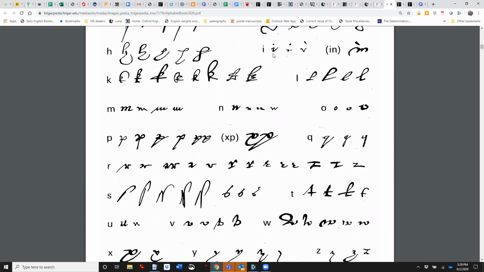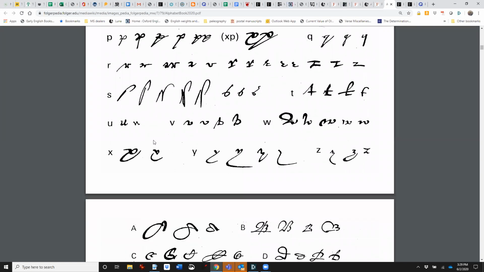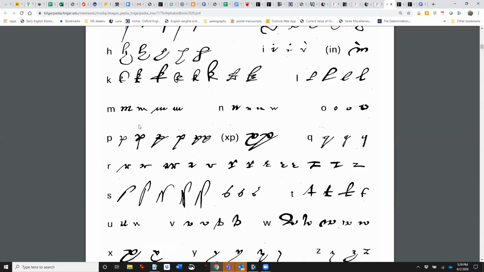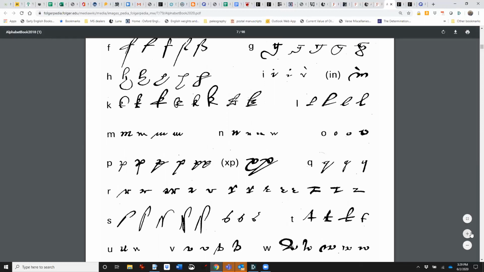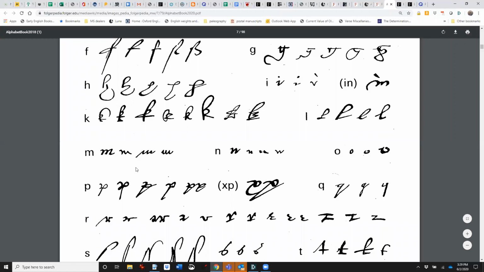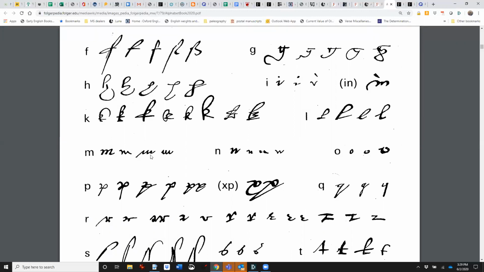So the minim letters are I, M, N, and U. So often you'll encounter a word that has a bunch of minims together, and you actually have to count them on the bottom to determine what the letter combination might be, because if you look at, for example, this M right here, it could be a U and an I without a dot, or it could be an I and an N. And so you need to look at the letters on either side to determine what it is.